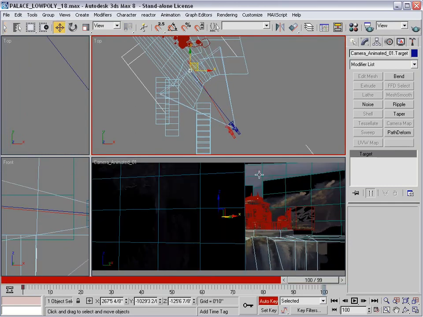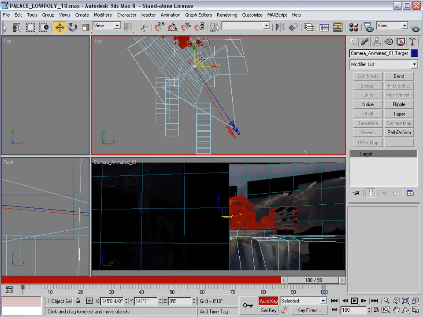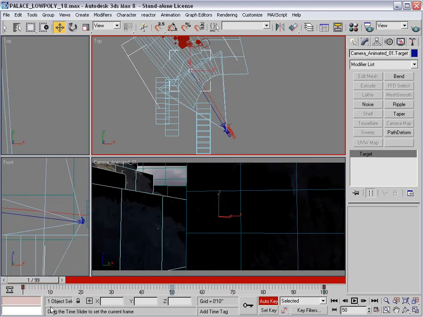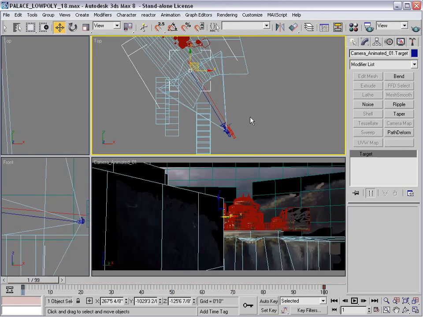So I'm just continuing to work on the framing of the shot, precisely at the beginning and at the end of the shot. I know that as my camera animation